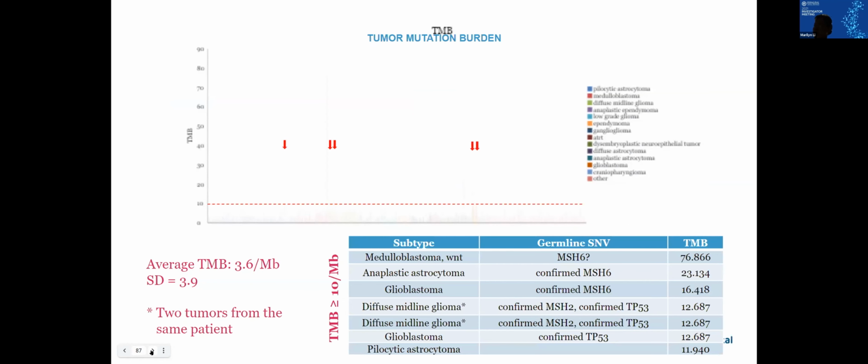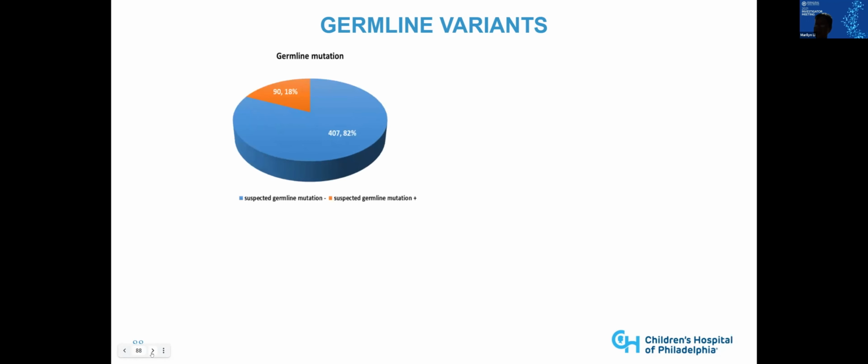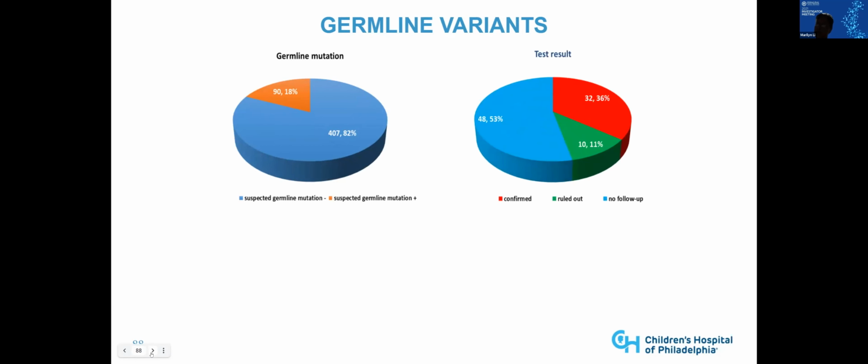And if you look at those tumors, not surprisingly, we identify the mutations in mismatch repair genes that lead to mismatch repair deficiency. Talking about germline mutations, out of 497 patients, we identified 90 potentially germline variants. And for those, we didn't do tumor-normal paired analysis, and there is a follow-up confirmatory testing that we will offer